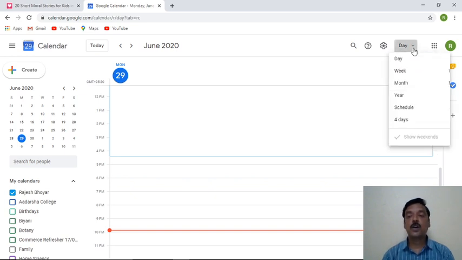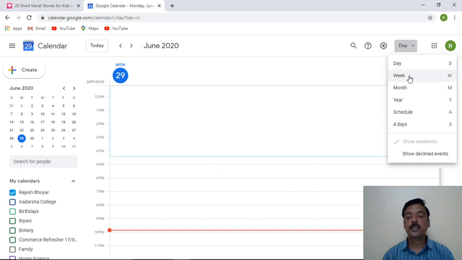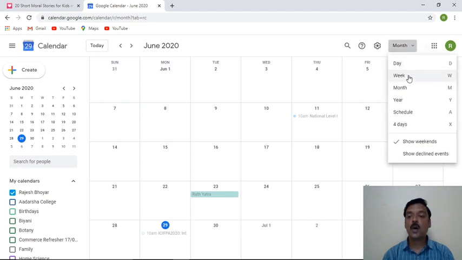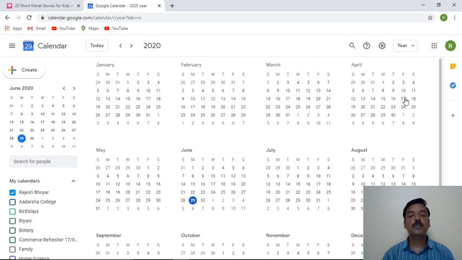Similarly, you have the week view, which we have just seen. Then the monthly view, in which you can see the exact appearance of a general calendar. Similarly, you have the yearly view, in which all the 12 months from January to December are visible for the current year. Just like 2020, it is showing January 2020 to December 2020. All the 12 months have been shown to me.